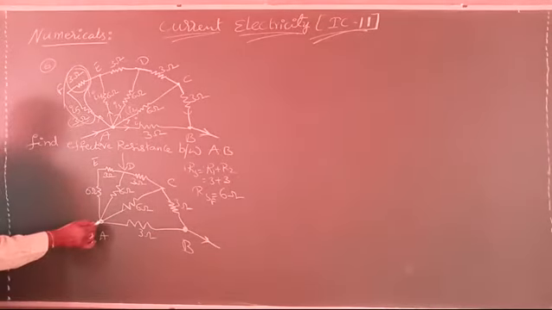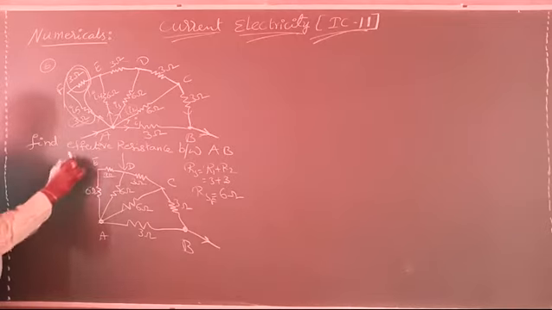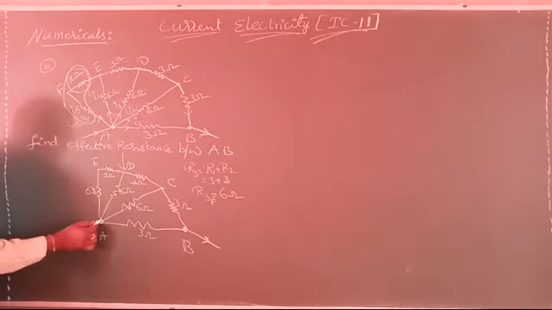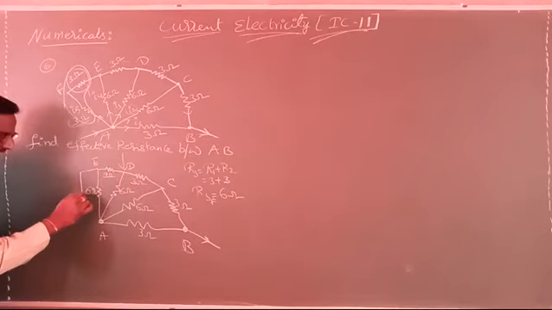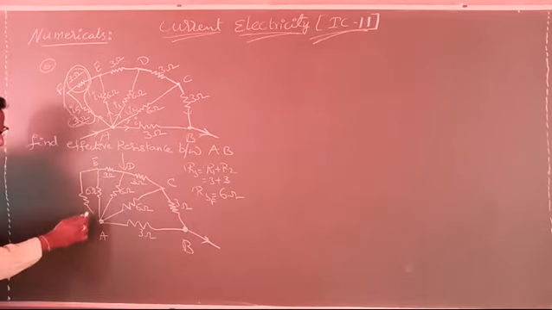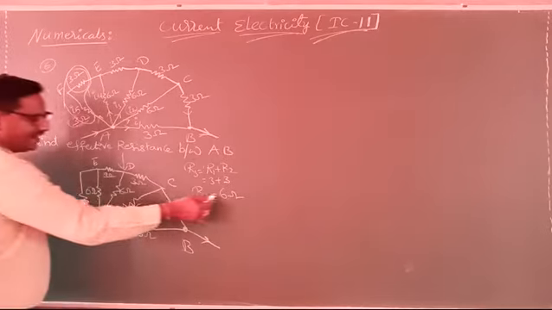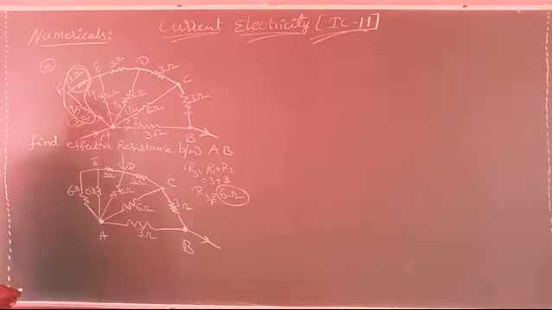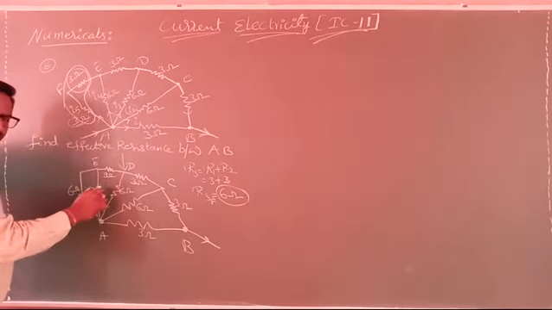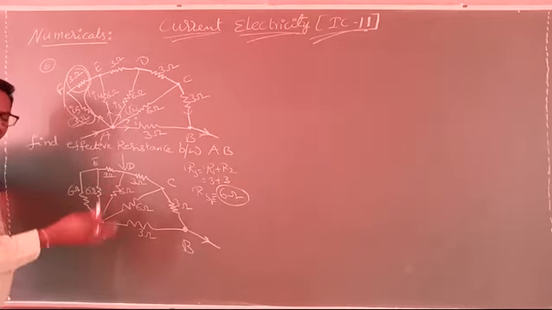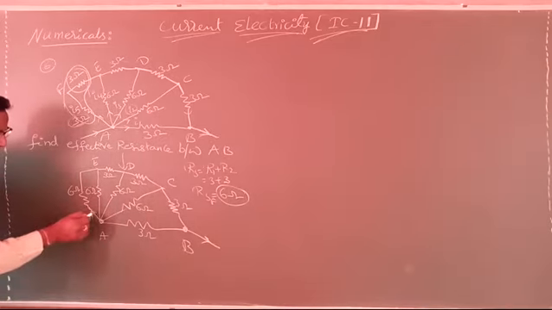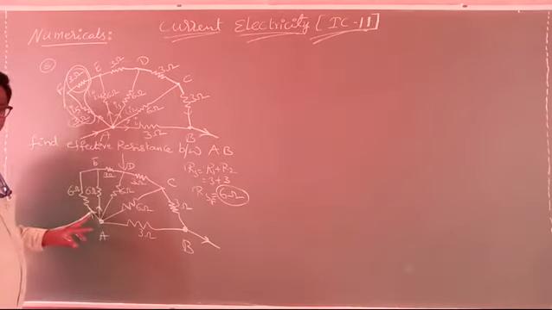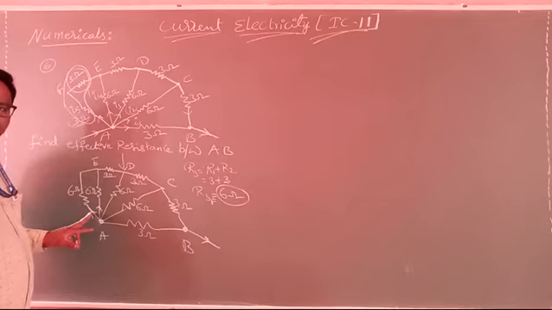Now I want to connect this F point through F point. So between A and E, the effect will be parallel. The effective resistance we get here is 6. Now these two 6 ohms, between A and E point, are in parallel. Why? Because the current will be split here. In these two branches the current will be split. When the current is split, what can we call it? It is nothing but a parallel.